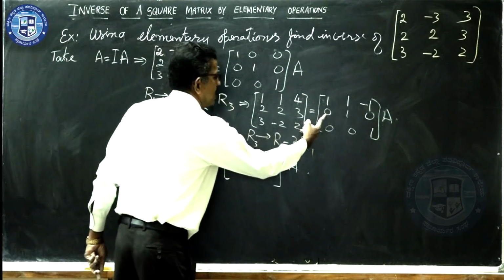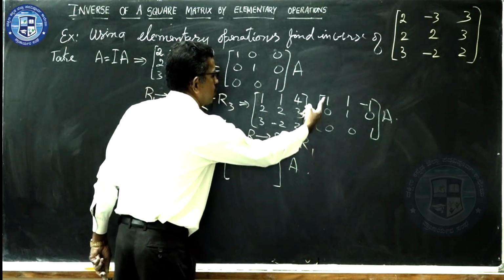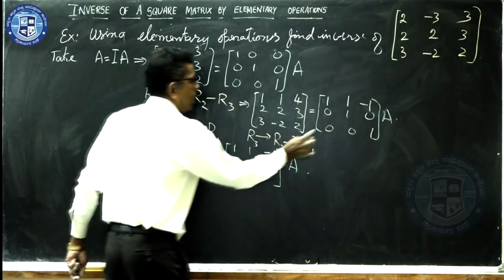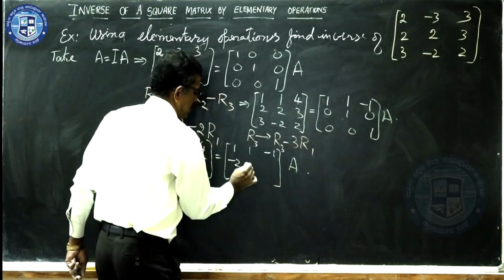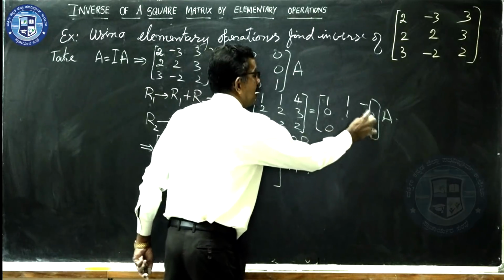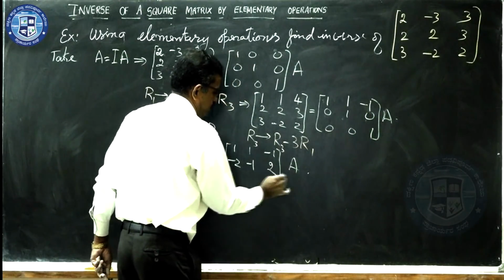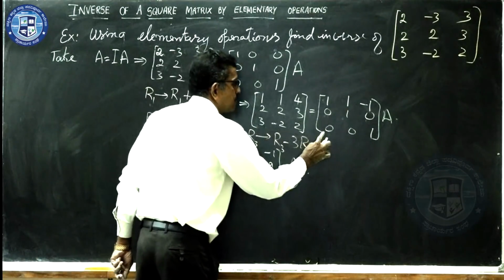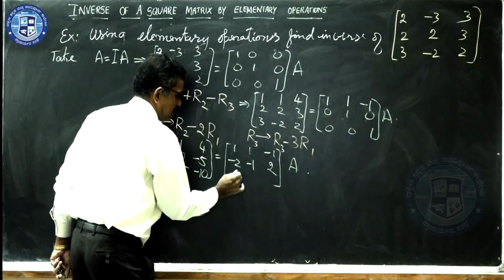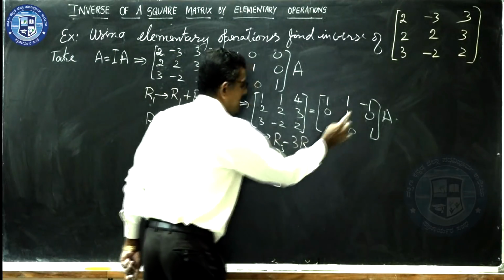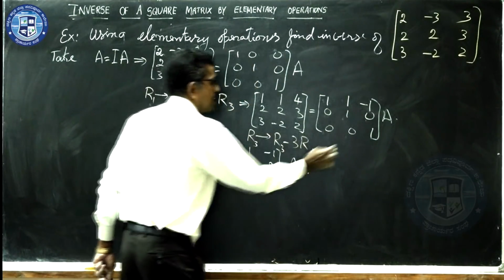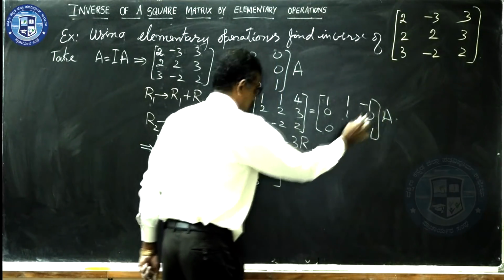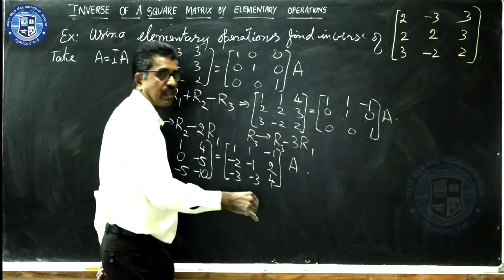Okay, same operation here. This minus 2 times, what is 0 minus 2 times? It is minus 2. What is this minus 2 times? It is minus 1. What is this minus 2 times? It is plus 2. And then, okay, just here, this minus 3 times, it's minus 3. This minus 3 times, it's also minus 3. This minus 3 times, is it 4? 4.